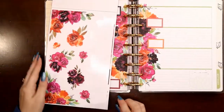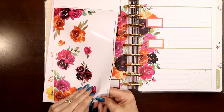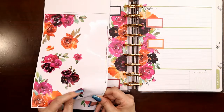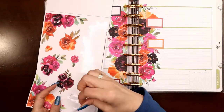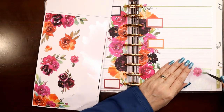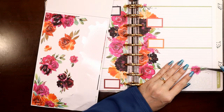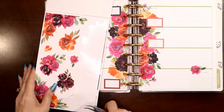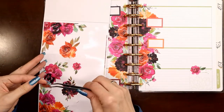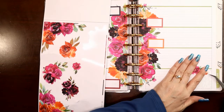Okay, now that that's had a chance to dry, let's go ahead and put a couple of these florals on there. I'm going to have to pick a theme for this because I'm not sure I can find a lot of inspirational quotes. Maybe quotes about change. I usually pick a theme for my quotes. For Neon Nation, I picked energy, I think. For this one, it's all about the first day of autumn, so seasons changing. So maybe I will go with change as my